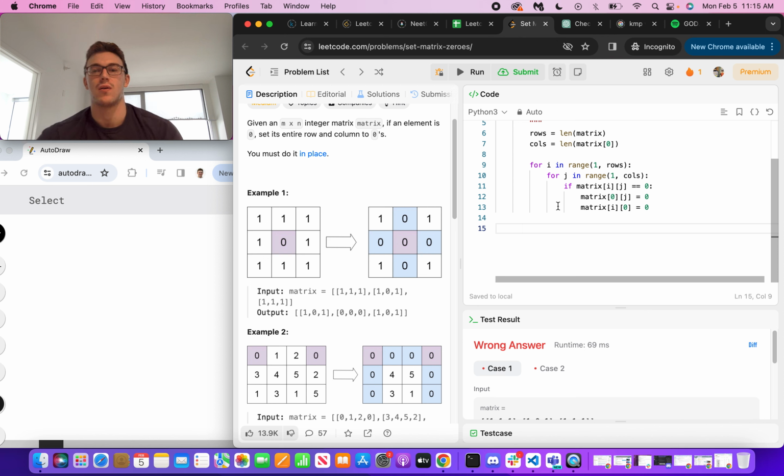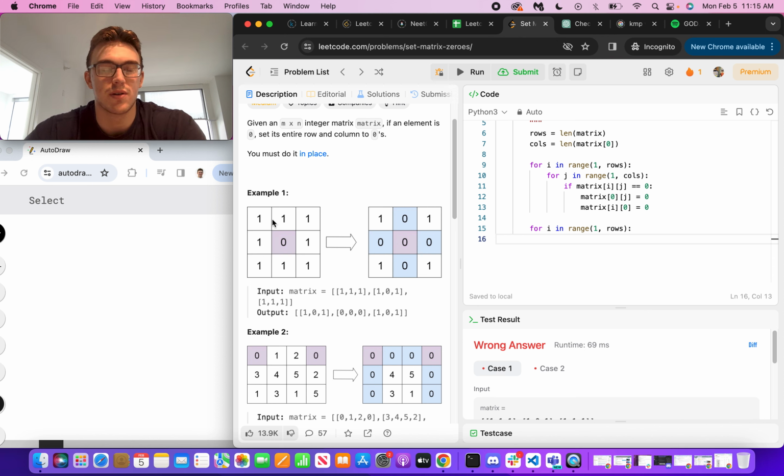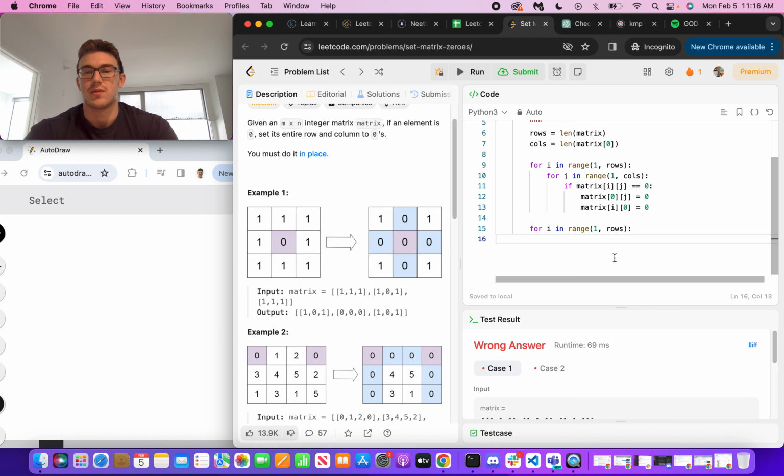Right. Okay, so now we need to loop through and look at this. We'll go column-wise first, right? So we'll say for I in range, well, we'll go row. Keep it standard. For I in range 1 to rows. So we want to skip this first one too, because we don't want to set the whole top row, which is where we're going to look at our columns. We don't want to set all that to zeros. So for I in range 1 to rows,